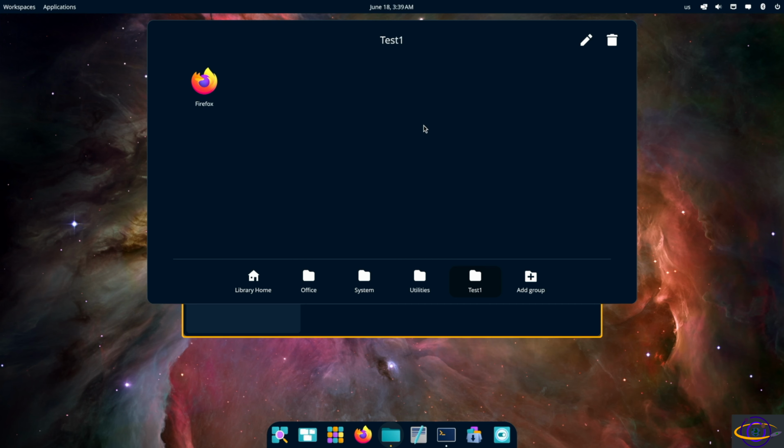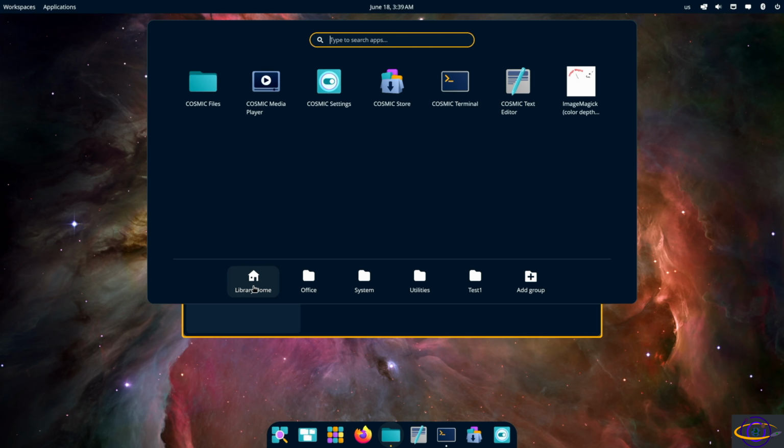And I know the last GNOME desktop that I was working with, I had basically these folders all mixed in here, and they're not all at the bottom here. I don't know if that's because it was a newer version of GNOME. I was trying this out on the last Cosmic. I don't know if it's because Pop!_OS customizes it, or I was just using an older version of GNOME or whatever, but this is just a different way